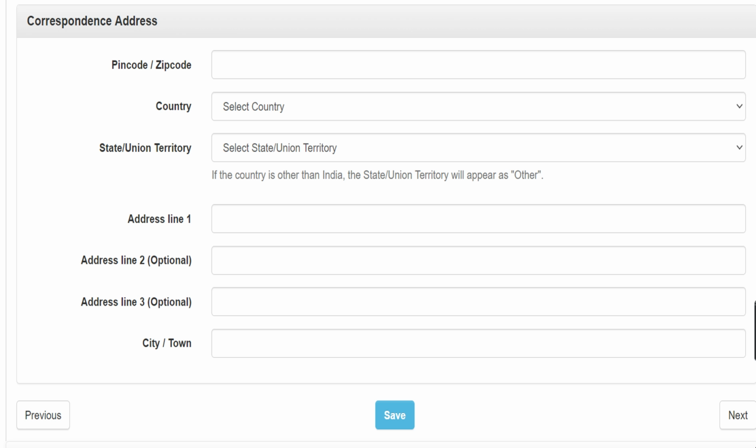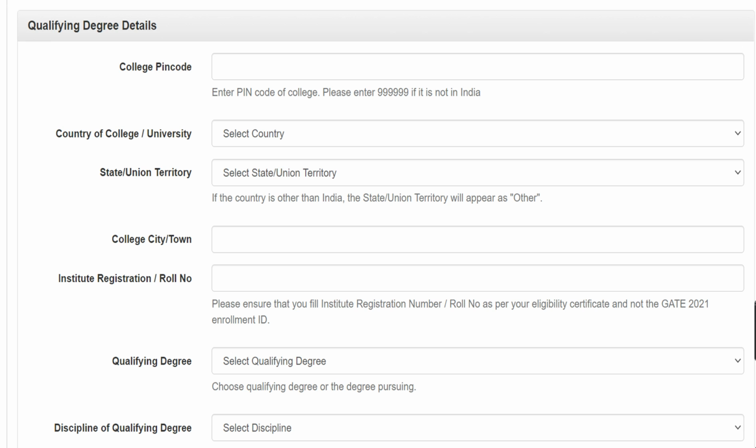Okay, so next is the correspondence address. Then you just have to give your address over here, then save it. And next is qualifying degree details. So you'll have to give your college pin code. If you're MSc first year or something, then you can give the present college. And if you have completed your MSc or MPhil, then you can give your pin code of your MSc college, and you can enter the details of that college,